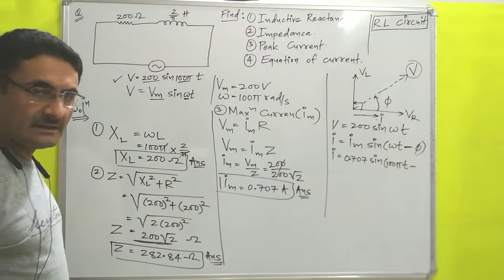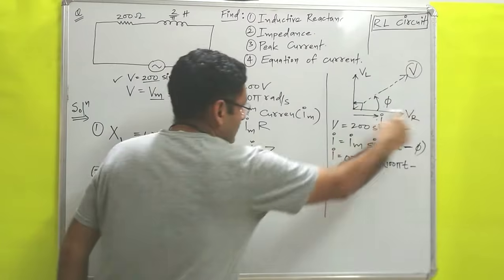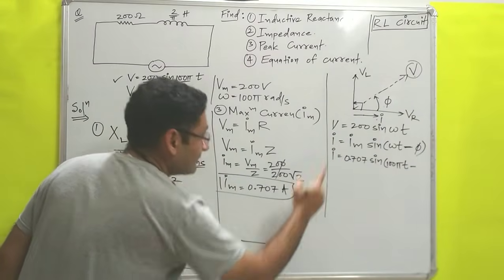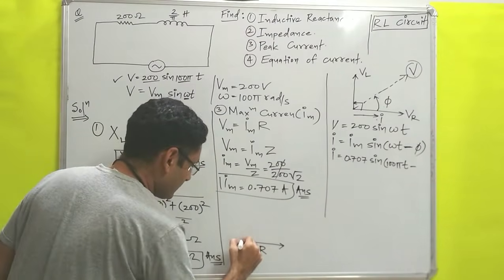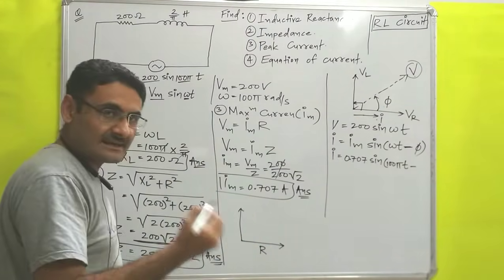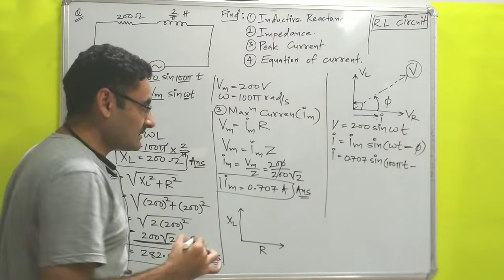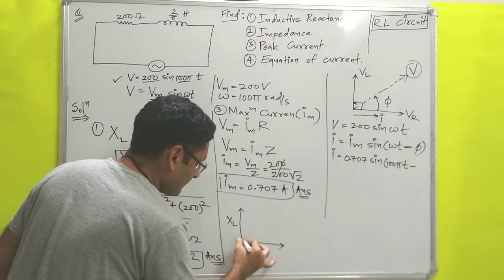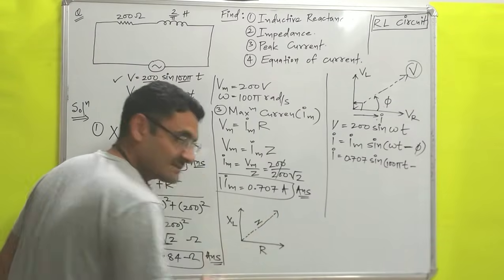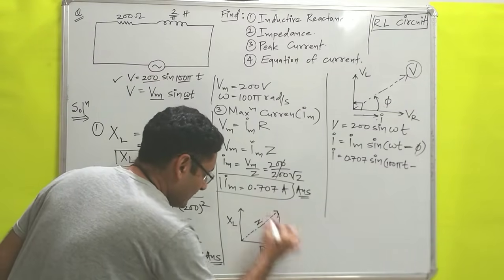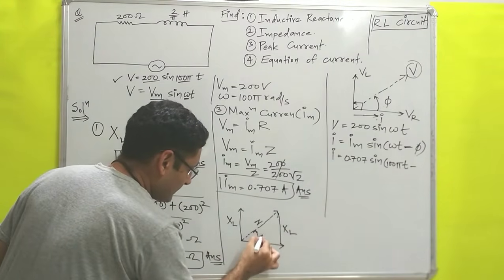Now how will we find the value of phi? For that purpose I will take the reference of this diagram. VR means pure resistive circuit, its resistance is R. Then the pure inductive circuit, whose resistance, just like resistance, is known as XL. XL is known as inductive reactance, and impedance we know very well. The resultant of these two is your impedance, which is Z. If I draw one line like this, that will be your XL, and that angle is phi.